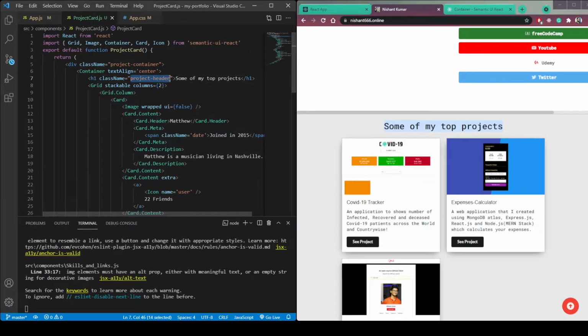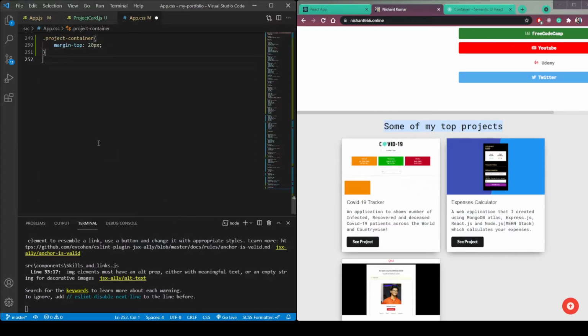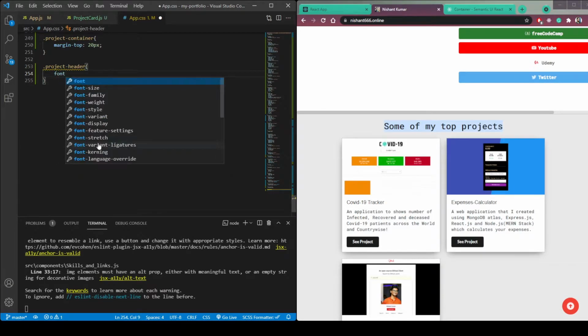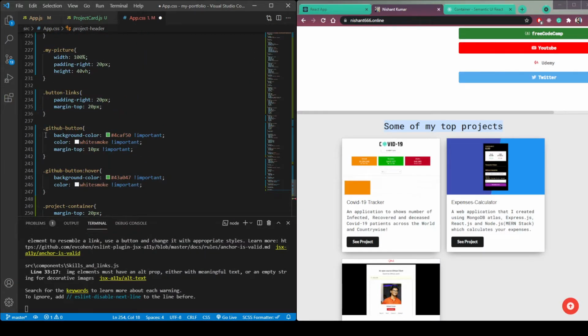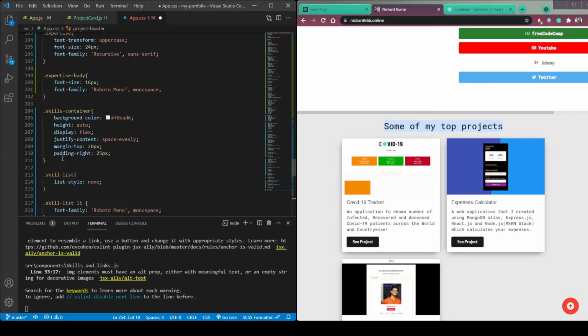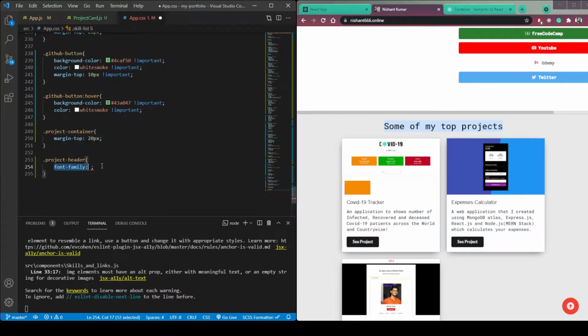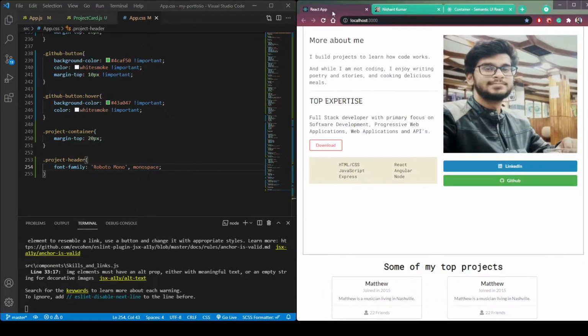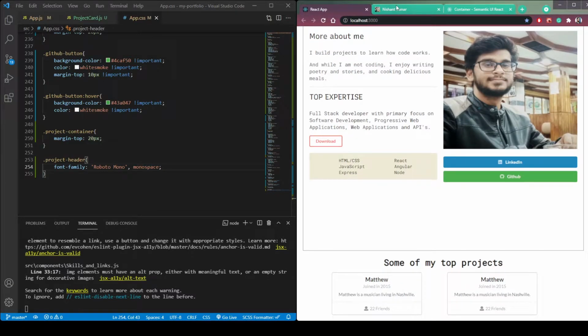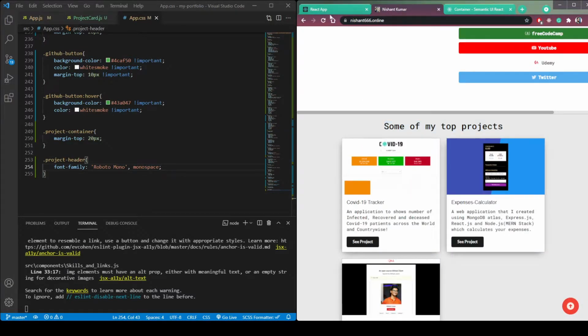Copy this class name and in app.css paste it. Let's give it a font family of, let's use this Roboto Mono font. So copy the font family and then paste it here. Now you can see our header is looking like this from the original source.